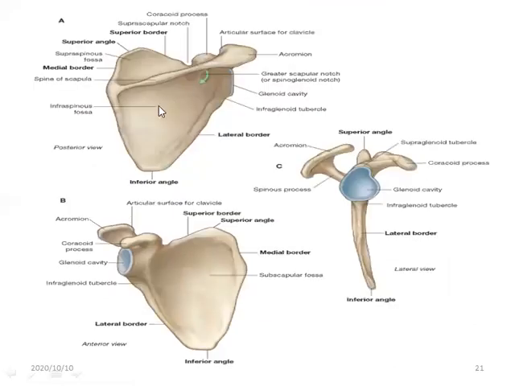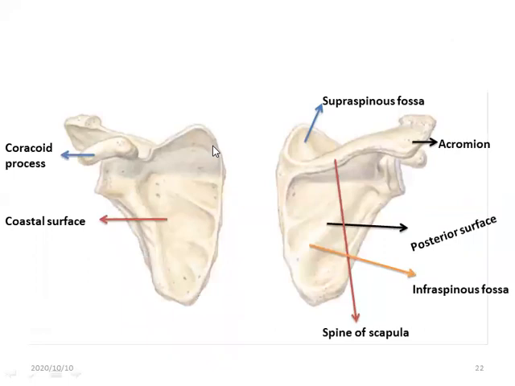You can clearly see this is the scapula bone; this is the anterior view, and this is the posterior view. This is the spine of the scapula, which is in the posterior view, not present in the anterior view. This is the glenoid cavity where the humerus bone articulates. This is the coracoid process and this is the acromion. This is the costal surface, which is flat. This is the posterior surface, with the spine of the scapula, the infraspinous fossa, and the supraspinous fossa. Two fossae, supraspinous and infraspinous. This is the acromion process.